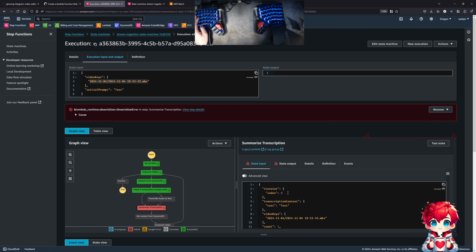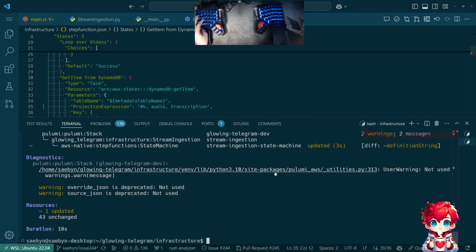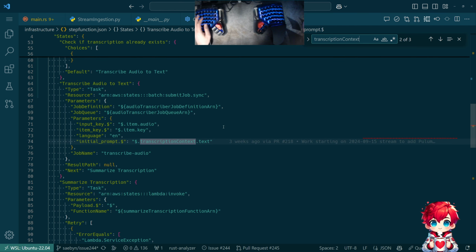So, we have transcription context, which is an object that has an attribute text. And I think the intent there, let's take a look at what we're doing in the step function. Yeah. So when we run transcribe audio to text,